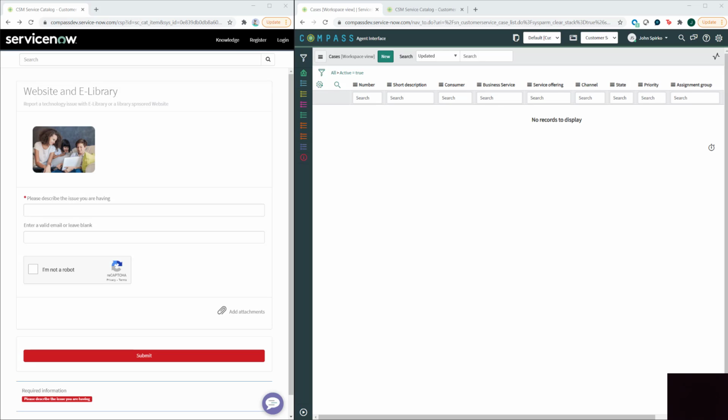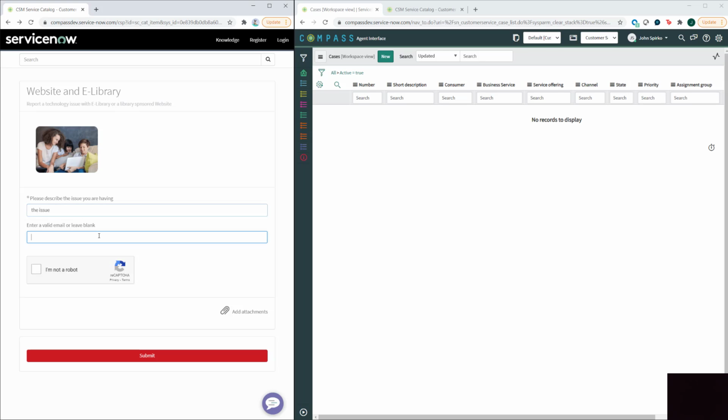Well, I wanted to preview these with you guys real quickly before the meeting so that you can review them. I do have one catalog item created, and we can very easily copy this and create all of the other ones. It has the basic information that we need. So if I describe the issue,